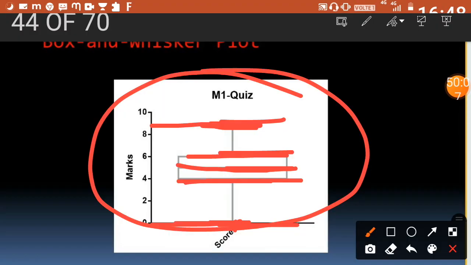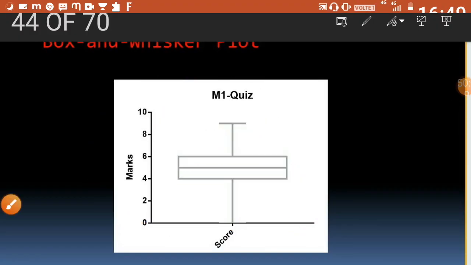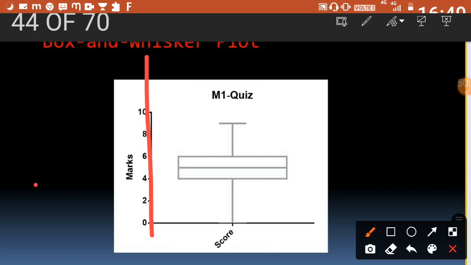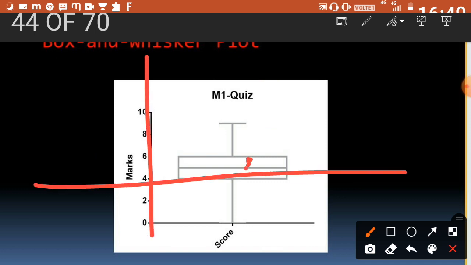Okay, so now let me tell you how we can plot the box and whisker plot, okay? First we have to take the two axes, fine. So let's consider this is my minimum point. You guys know how to plot the minimum point, right? I had told you, right? So what was my minimum point? I forgot, okay? Let's consider my minimum point is 2, fine. So let it be that my minimum point is 2, then I have to find out what?